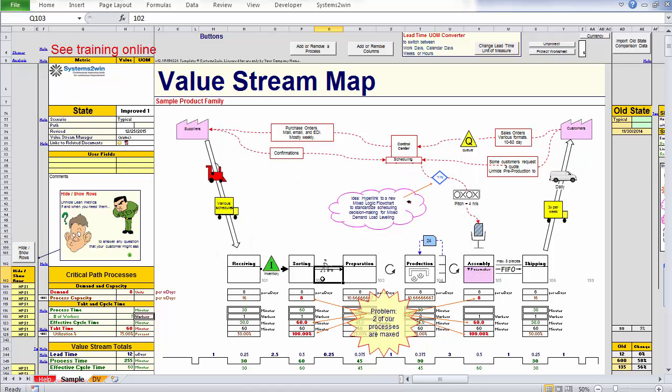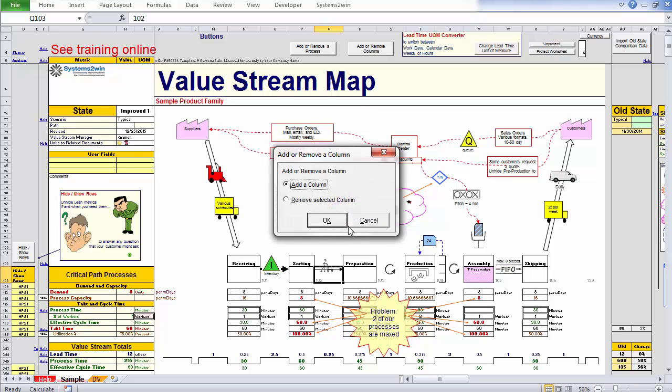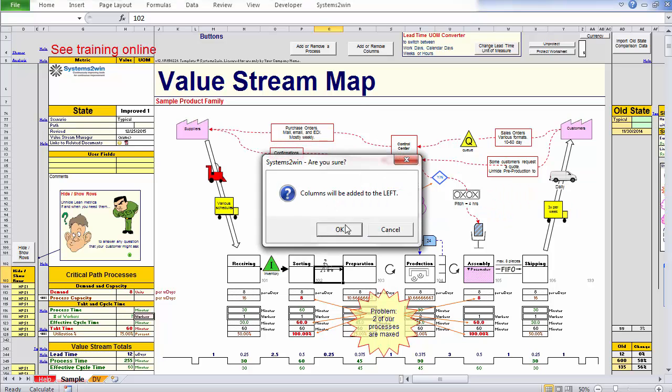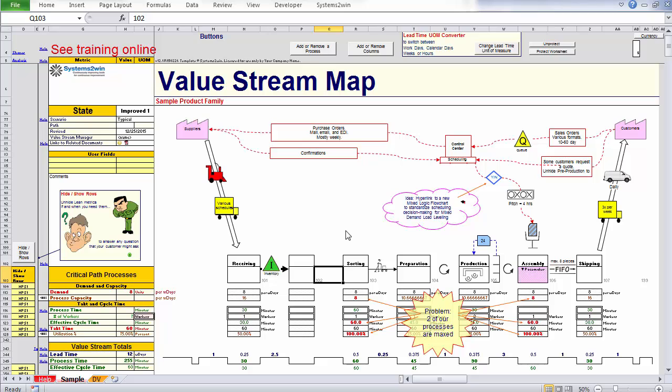You go, okay, so you click that cell, that's the correct one right next to the process box, and you say, I want to add or remove a column. I'm going to add a column this time, and it adds the column to the left, and now I've got a whole new process that I can go edit. And it didn't just add the box, it added the math. So everything is ready for you to actually start working on your process and not reinventing a template.